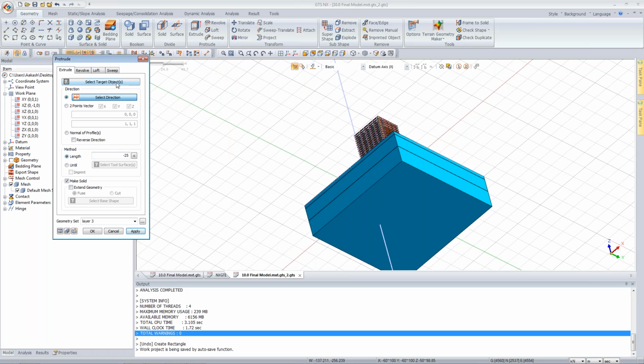Okay, so apply, select target object, select the direction. The bottom layer I am considering a thickness of -15. Now, up to what thickness we should go, or what should be the width of the outer soil model, there